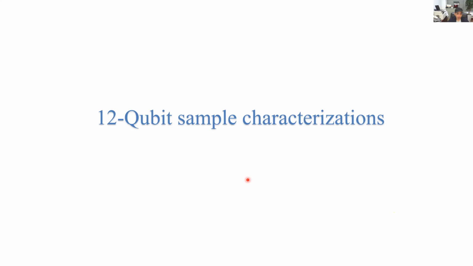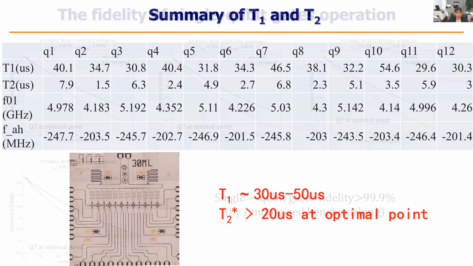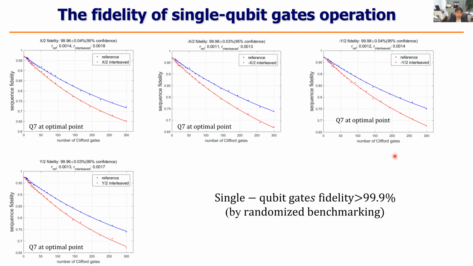And I think that's the most important step towards large scale quantum computing. In this sample, we'll see the coherence property is already good, and we can control each qubit. For each qubit, we introduce a control line, and we can feed very high precision control signals. For that kind of system, the single qubit gate fidelity is already quite good, but this one is not done in a simultaneous way. This is just one by one.